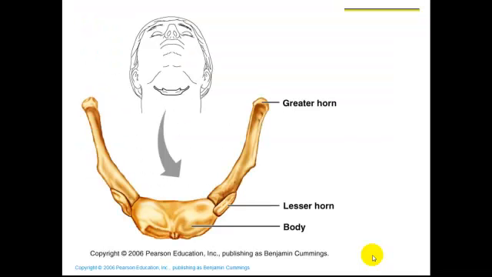So if you take a look at this, this is located in the upper region of the neck, in the area of the throat. If you watch crime dramas, when they look at a skeleton that has been manually strangulated, this bone is sometimes broken, from the force of a manual strangulation. So that is the hyoid bone. That's kind of in its own category, and I just wanted to mention that